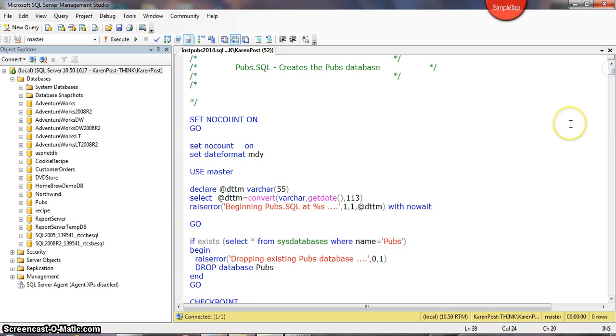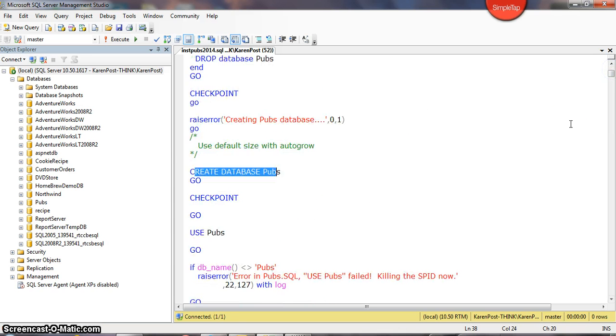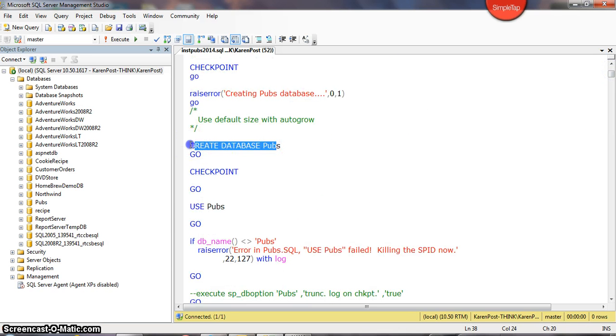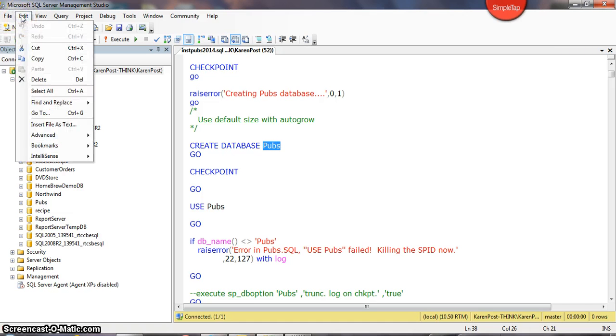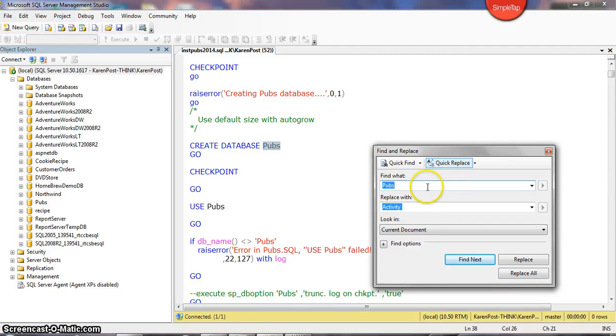So if I go to the top and I scroll down, probably about a fourth of the way down. So create database. I'm going to double click the word Pubs, and I'm going to go up to my edit menu, find and replace, and I'm going to go to quick replace because I want to replace every instance of Pubs with something else. And so down here, I'm going to create a database called Pubs